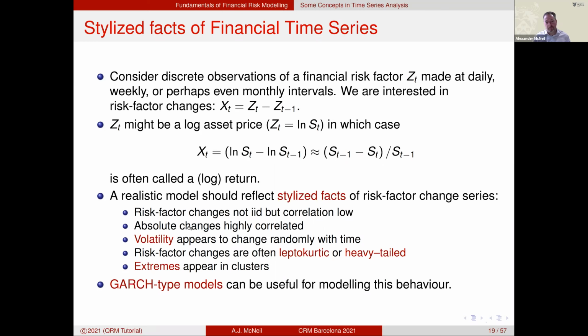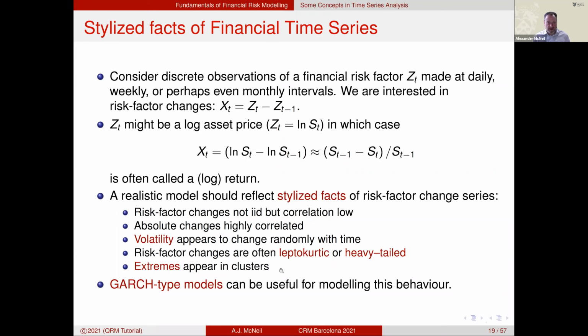And if you look at the correlations over time, they can be quite low, but they're certainly not independent, these risk factor changes. If you were to look at absolute changes, they would be highly correlated because of volatility, because large movements tend to follow large movements in a risk factor. The signs may change, so you may get a large up movement followed by a large down movement. And so if you just look at the absolute values, you find a lot of correlation caused by volatility. The other important fact, the changes in risk factors, they're not normally distributed. They have heavy-tailed distributions. Sometimes people call them leptokurtic.